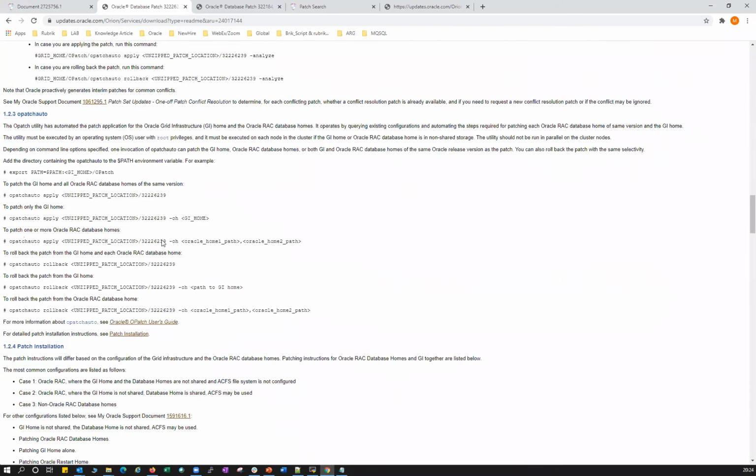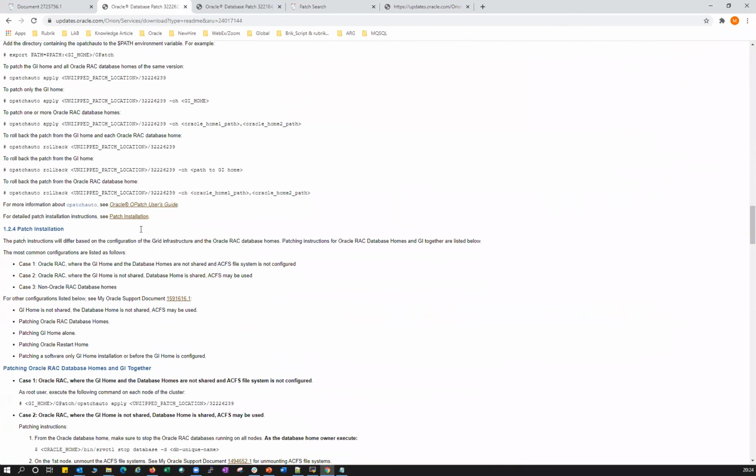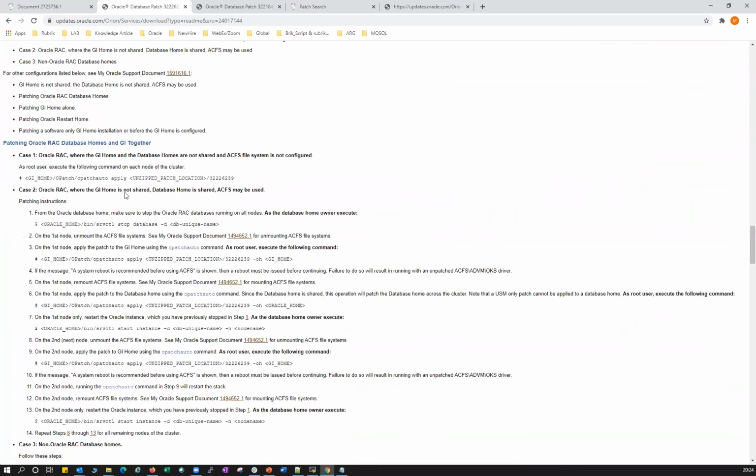Where is that OPatch Auto? Okay, here it is. OPatch Auto apply. You can just give this particular patch location, that grid patch. Inside, 5 patches are there, right? The moment you do OPatch Auto apply and give this particular patch, I'll just show you that.